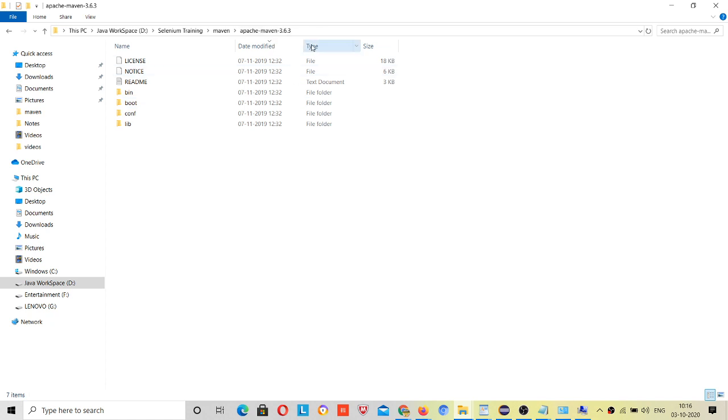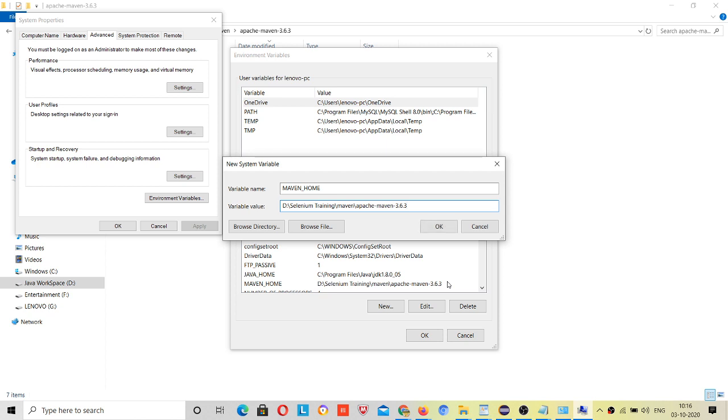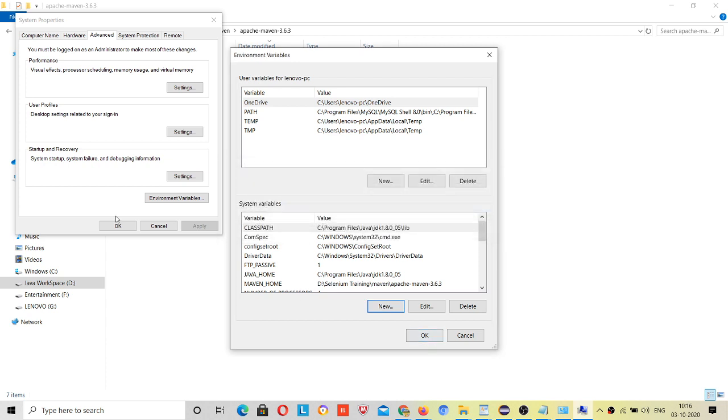From here this is your home directory, right? Because in the home directory all your folders are present. Copy this path, right, and paste here and click on OK. I have already done this, so I will cancel it, okay. But in your case you have to click on OK, and then click on this OK and this OK, and now it will be saved, okay.